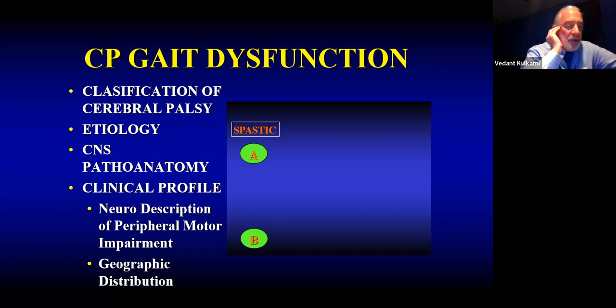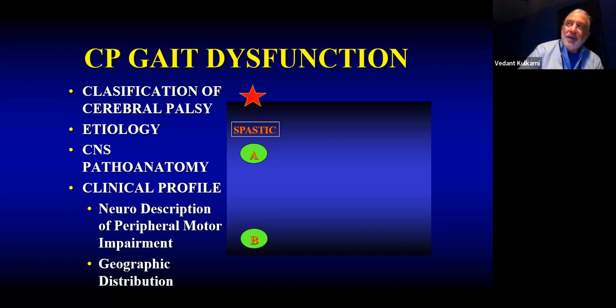This is a remarkably inaccurate description or classification scheme. Every research project I've done where we've looked in the chart on a patient's history, the descriptions and classifications can vary from visit to visit. So not very precise. Now, for our purposes relative to gait, it's helpful to consider 4 types of